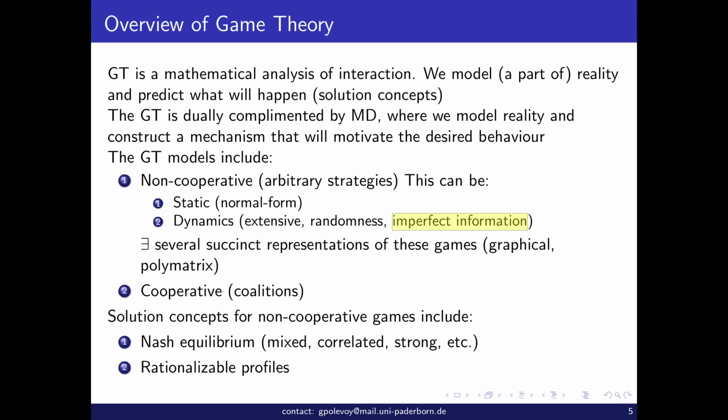For example, if I want to model a match in pennies, I don't exactly know which one you chose, 0 or 1, when I get to choose it. If I want to model it as an extensive game, I can use this imperfect information to model such a case. Okay, so we have been doing static, non-cooperative games, and